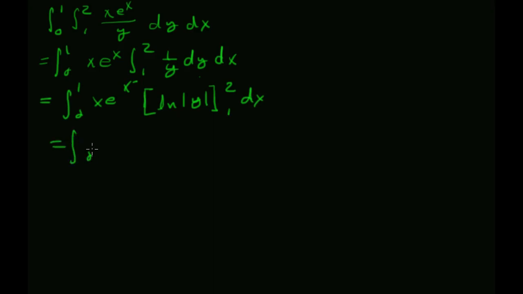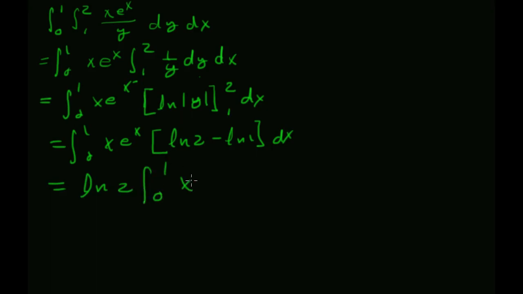So this is the integral from 0 to 1, x e to the x of the natural log of 2 minus the natural log of 1, but the natural log of 1 is just 0. So this is the natural log of 2 times the integral from 0 to 1, x e to the x. Oops, sorry, the only thing in the exponent there should be the x. So x times e to the x. Okay, so